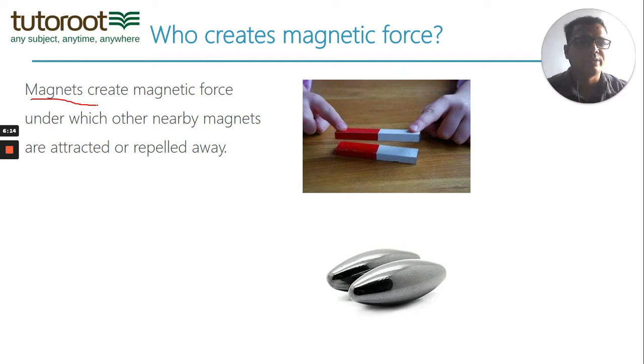There are many theories about it. The most famous theory is that there are molten materials and metals revolving inside the earth, in the crust and magma. Because of these metals revolving around, they create a magnetic field around the earth. Alright, so magnets create a magnetic force which either attracts or repels other magnets.